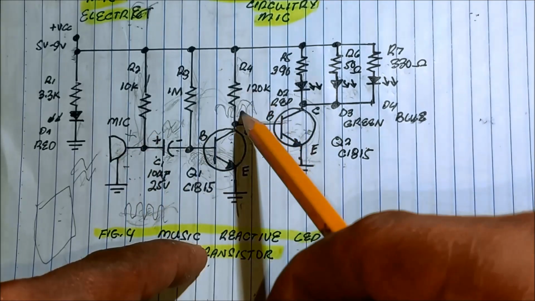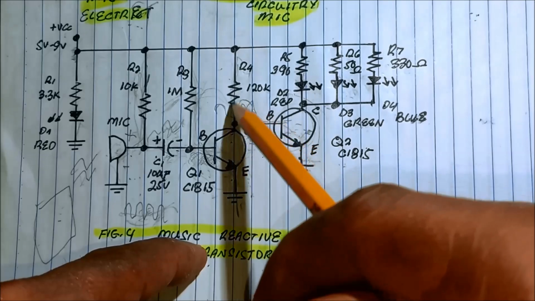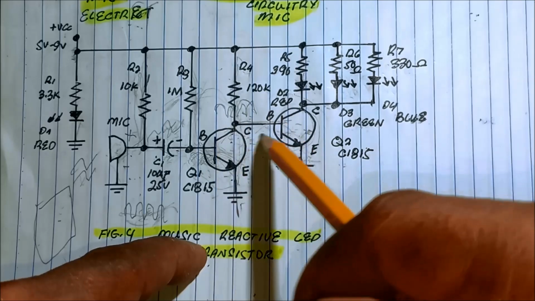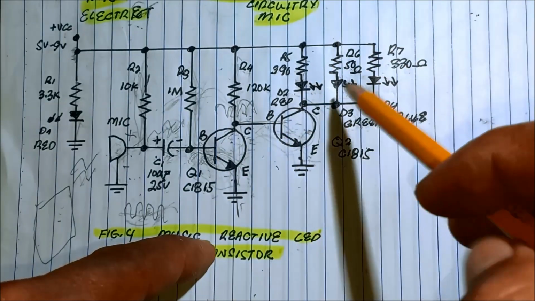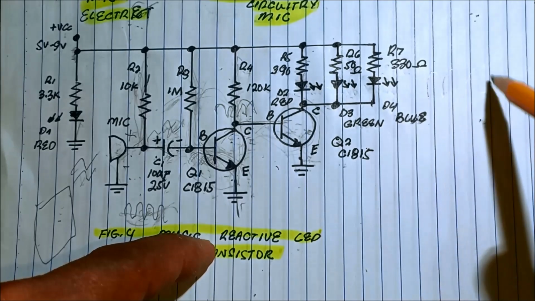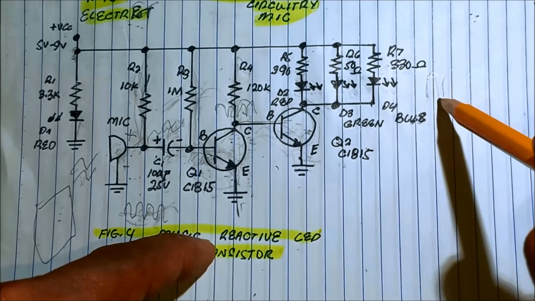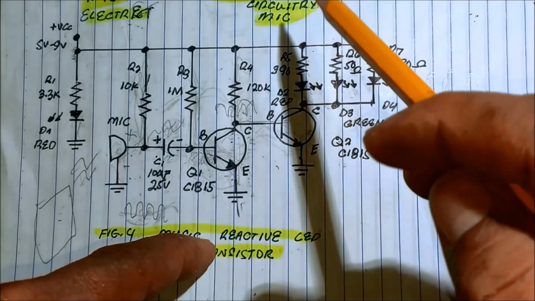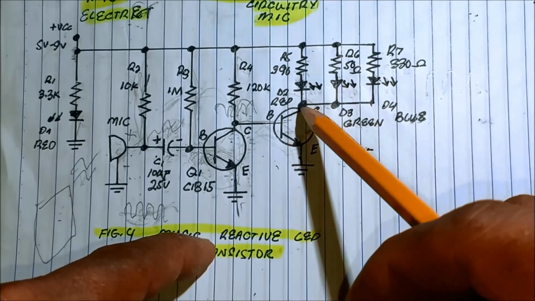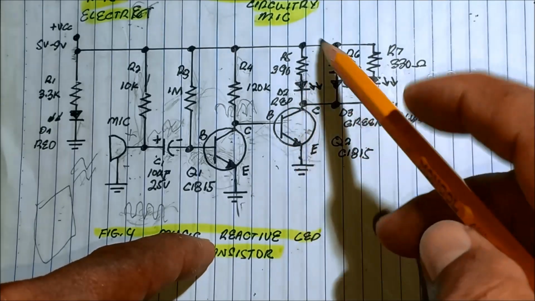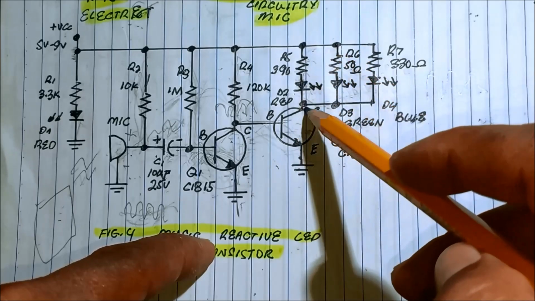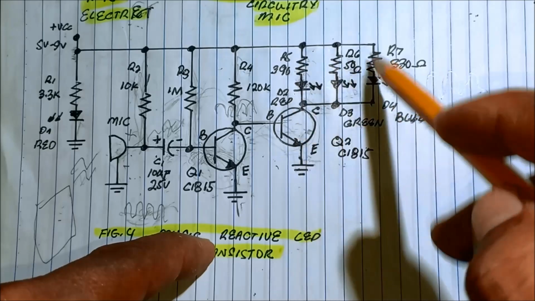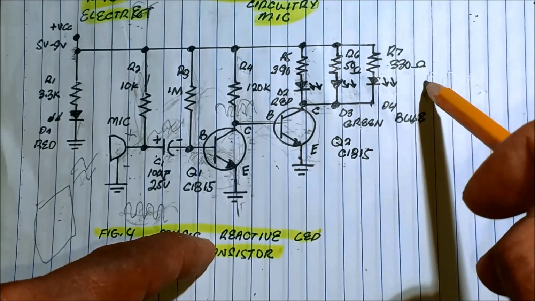Once it is amplified at this point, it will turn on this transistor, modulating this transistor, and it amplifies another signal, in the form of an analog waveform. When you connect an LED here, in a sort of open collector type configuration at the output,